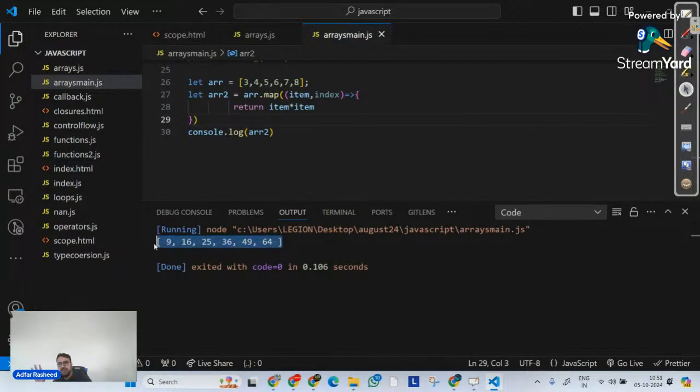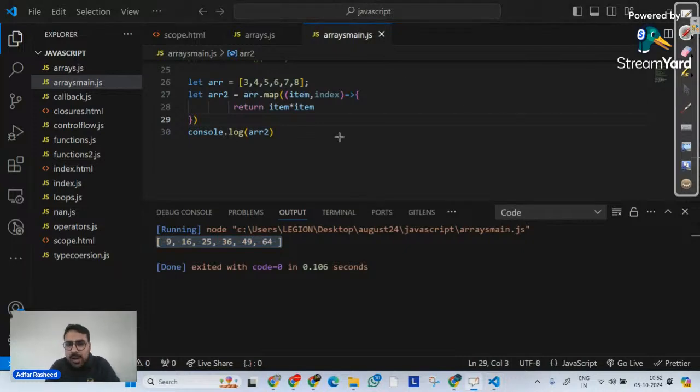So the map method is a very simple method. It receives a callback function. In item, those items will be placed individually. In index, the indexes of those elements will be placed. Then whatever you return is going to be placed one by one inside the array that you are trying to create out of the map. One by one, those values will be placed. Let's try to understand it using the pen over here.